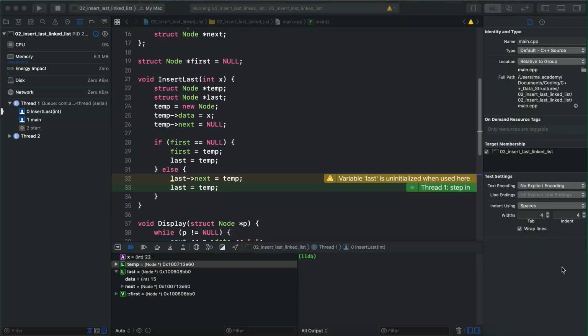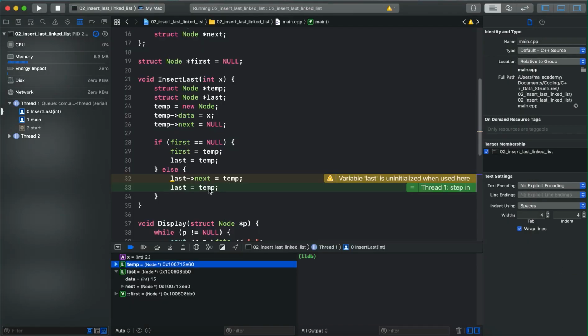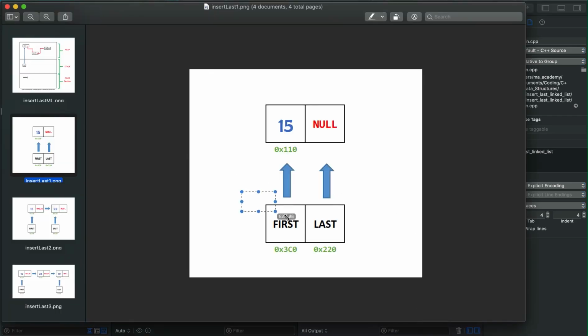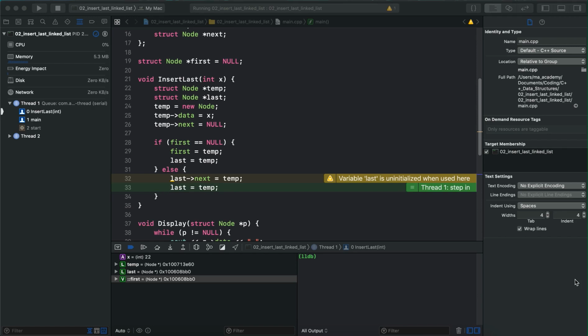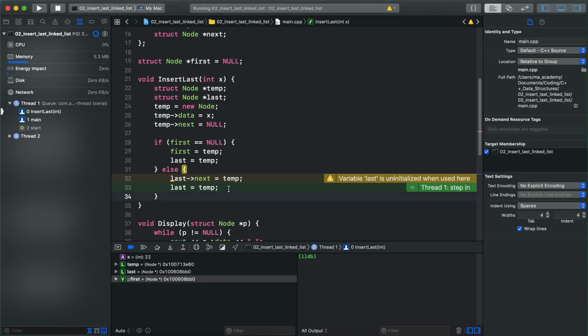In here we are saying last is equal to temp. So what does it mean? It means that it should change its location as well. For now, first and last are pointing to the same location. It's just like in here. They are both pointing to the same address. However, as soon as we execute this statement in here, which is last is equal to temp, it means that this new memory that we have created,